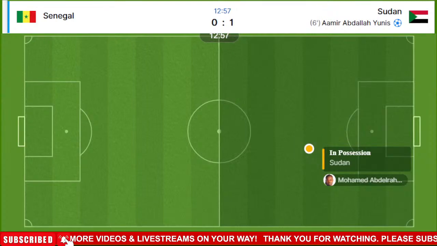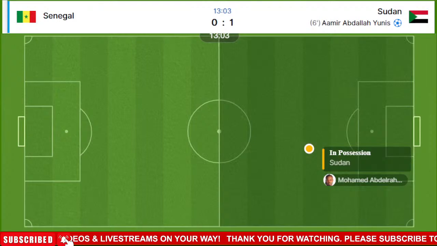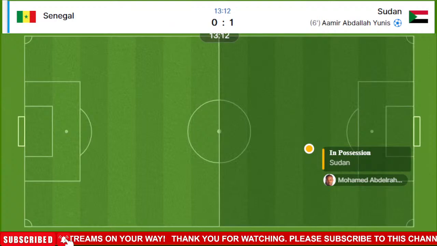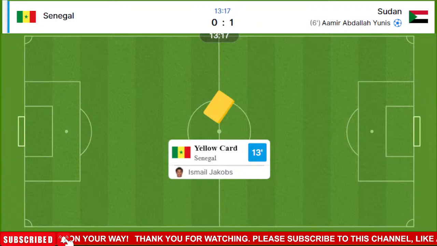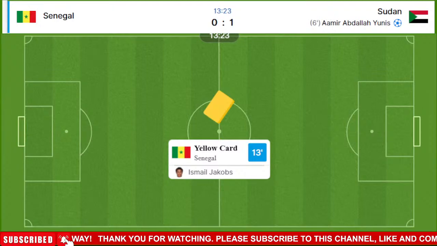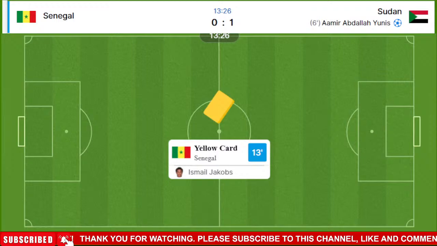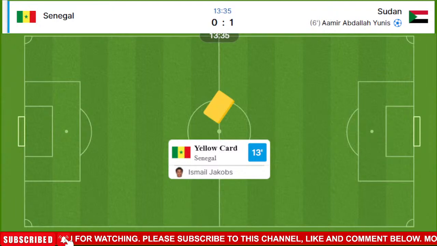So a chance from the edge of the area, from the right-hand side of the Sudan 18-yard area, down the Senegal left. And the ball will be played into the area, no doubt. An opportunity for Diatta. Referee just making sure the wall is where it needs to be. And the chance now at this free kick as the ball is delivered in. This time it's palmed away by El Nil, the Sudanese goalkeeper, but it comes out as far as Idrissa Gana